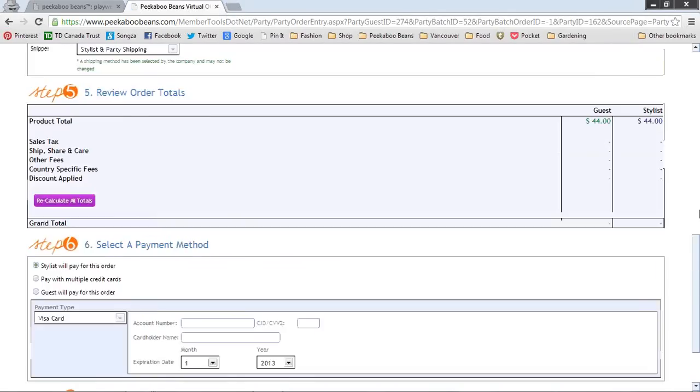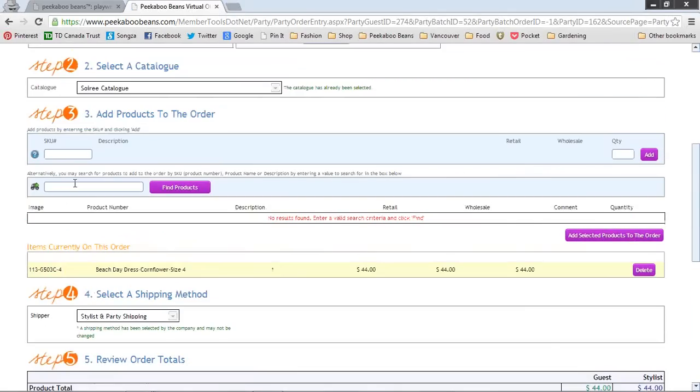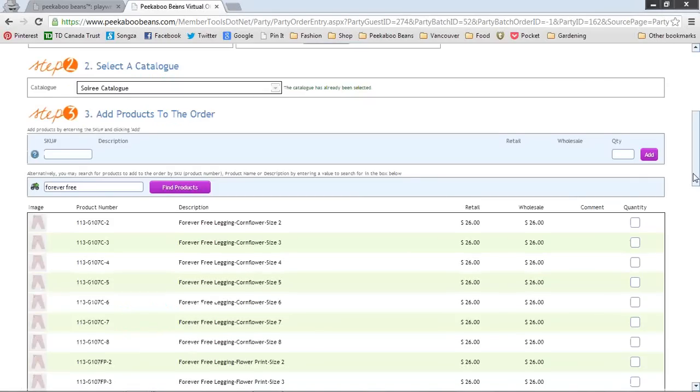If there is a size, Katrina, or color that is not available out of inventory, will it still appear, but it'll just be highlighted in red? I'm glad you asked, Jen. Let's show you. So I'm going to search for the Forever Free leggings. I know that we do have some sizes that are sold out in certain colors. So let's see how it